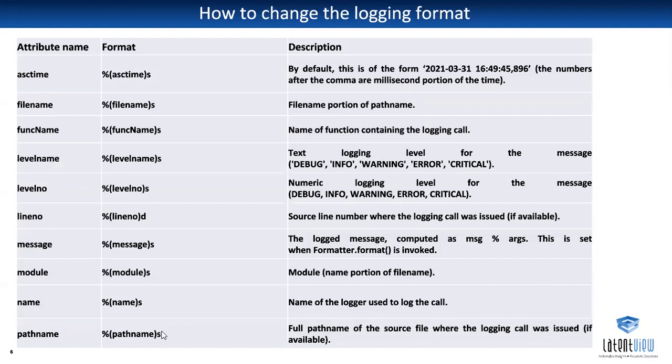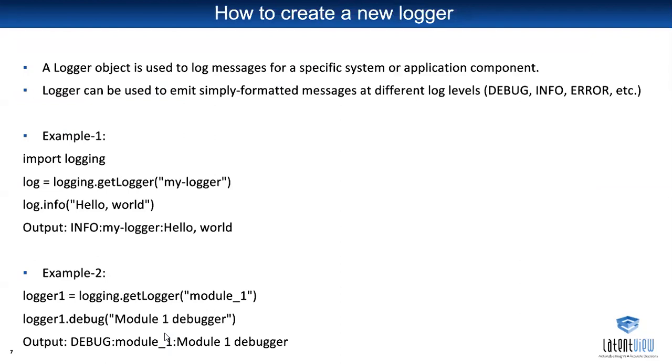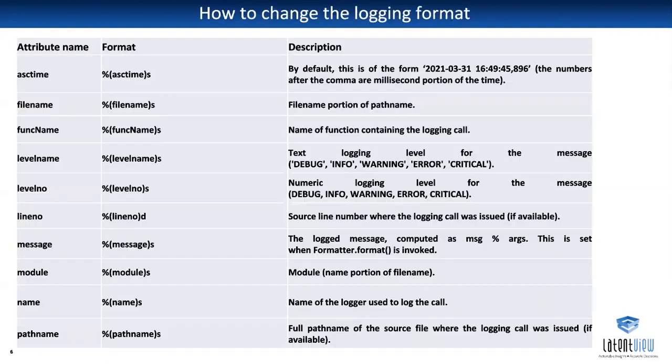And this is path name. If we want only the file name, that is one thing, but if the file is kept in a specific file path and we want the entire path where that file resides, then we can use the path name, so that the path name will be printed. So in this file, this particular error message has happened. Like that, we will be getting that error. Okay, so this is how we can change the format.